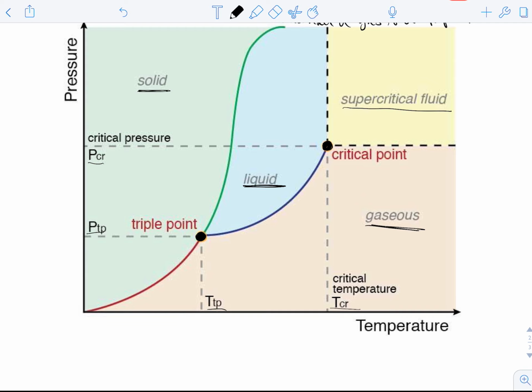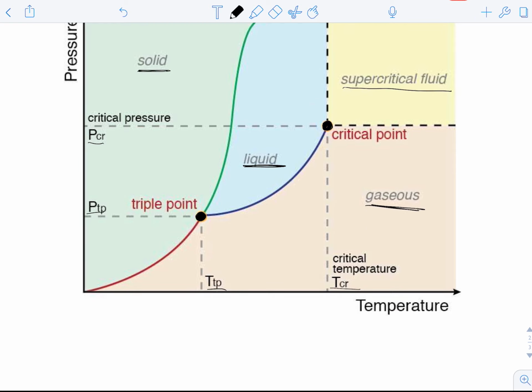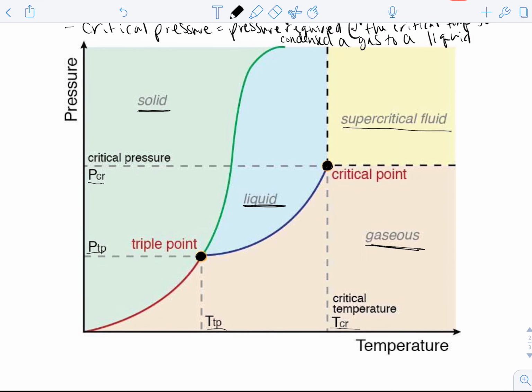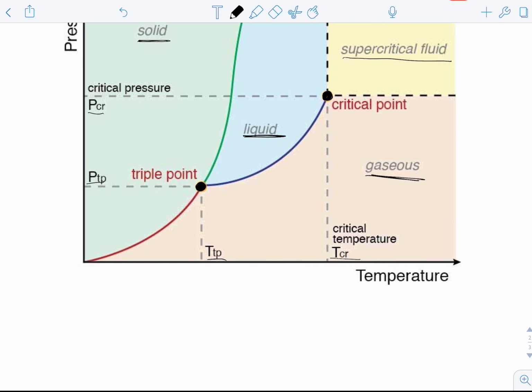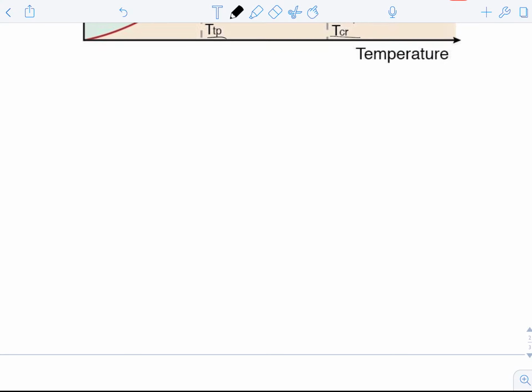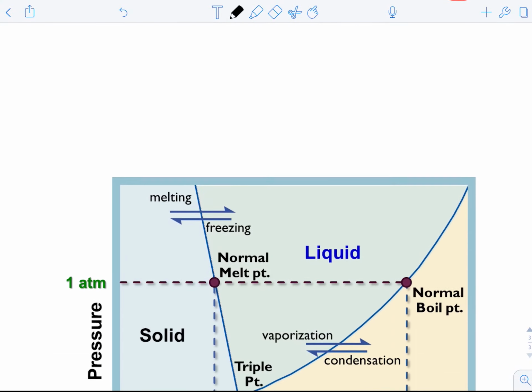And you should understand how the different phases work. Like I said, solids: high pressure, low temperature. Gas: high temperature, low pressure. Liquid: mid. Okay. So most of your phase diagrams will look like this. One phase diagram that looks a little bit different I want to just point out to you guys is the